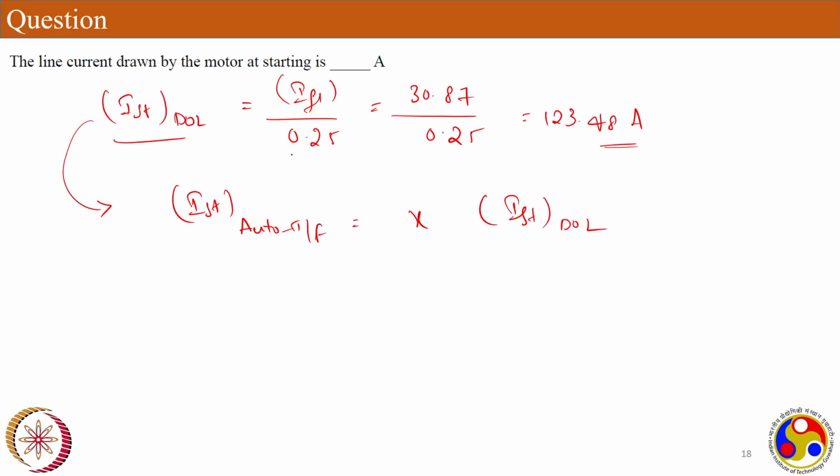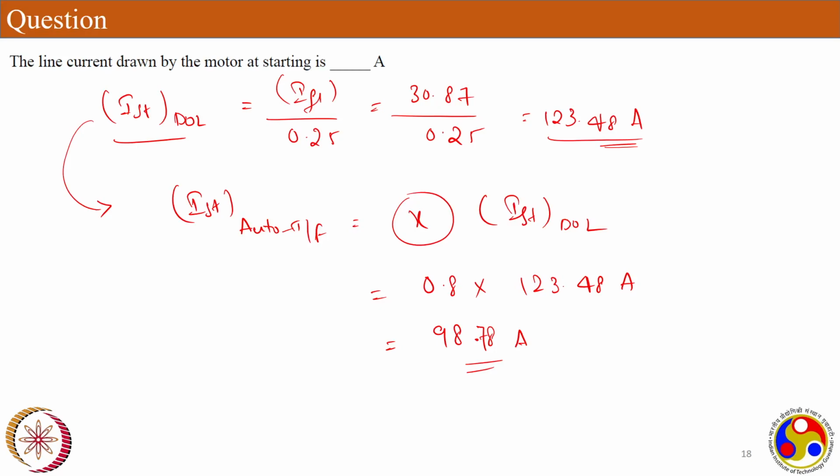So you know the IST in DOL is 123 and you also know the tap ratio is 80%. So 0.8 multiplied by 123.48 amps. So how much is that? It's 98.878 amps. Now you see, by using an auto transformer starting method, you are able to reduce the starting current burden